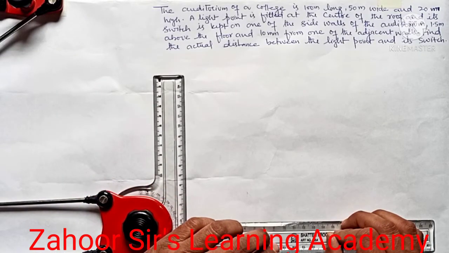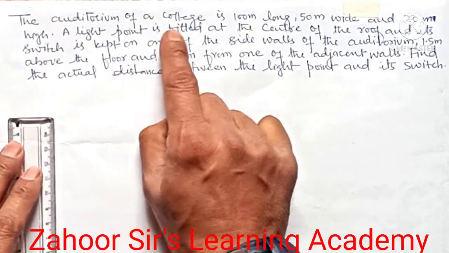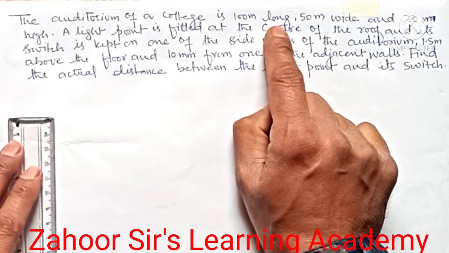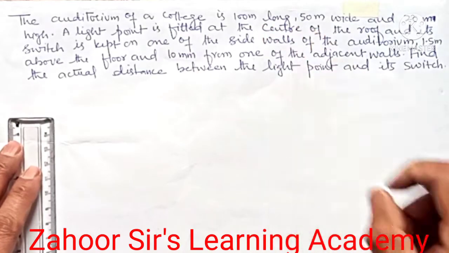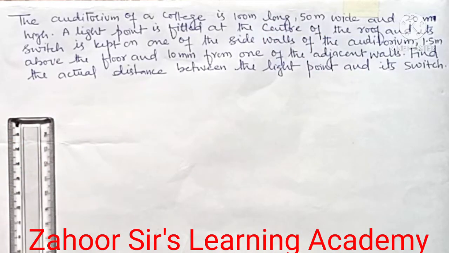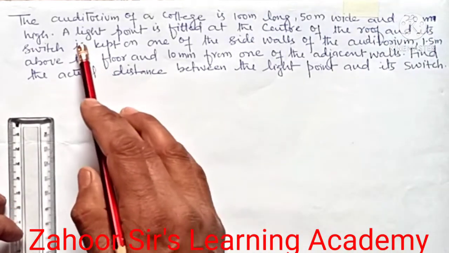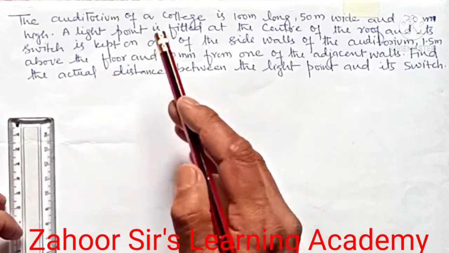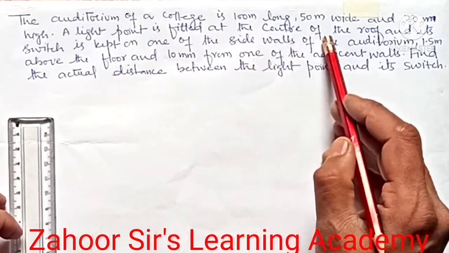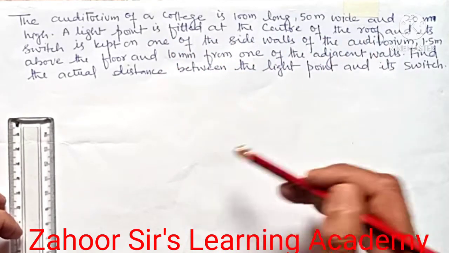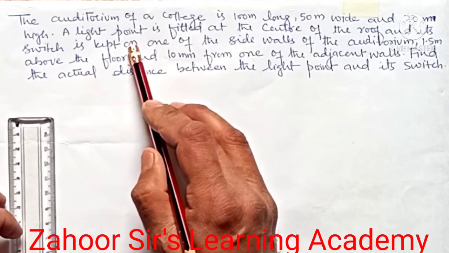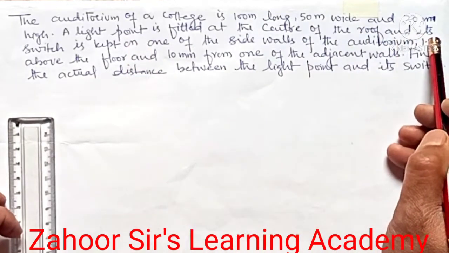Today we are going to do one more question on the projection of lines. The question is, the auditorium of a college is 100 meters long and 50 meters wide, and it has a height of 20 meters. A lamp is fitted at the center of the roof. So there is a light point or a lamp which is fitted at the center of the roof, and its